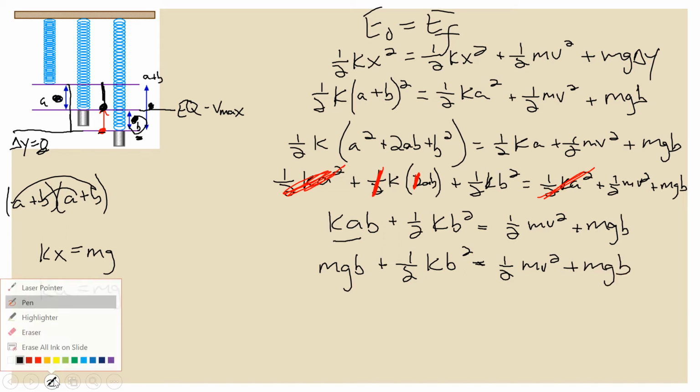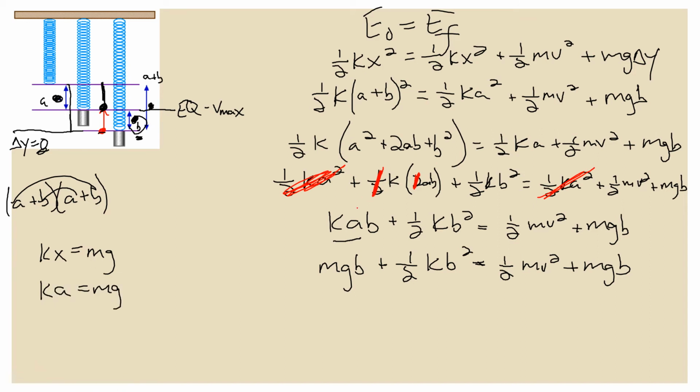On the left-hand side of this equation, we've got an mgb. And on the right-hand side of this equation, we've got an mgb. And so it's very important to realize here what that is showing you is that once you do all of this crazy math, you just end up getting 1/2 kx squared equals 1/2 mv squared, and it looks like a regular conservation of energy problem, just like the horizontal